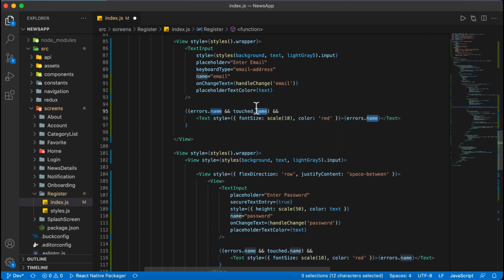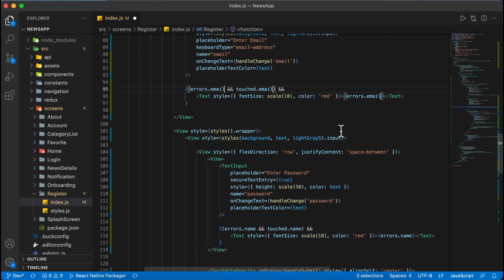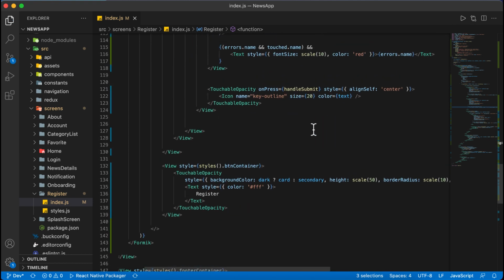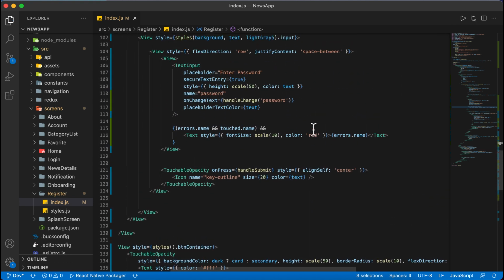The name properties are selected. Then I will delete them and type email. You can see that at a time we have changed everything. So make sure that in Windows you are using Control D. Here also I will press Command D and change to password. Fine. So everything is completed.